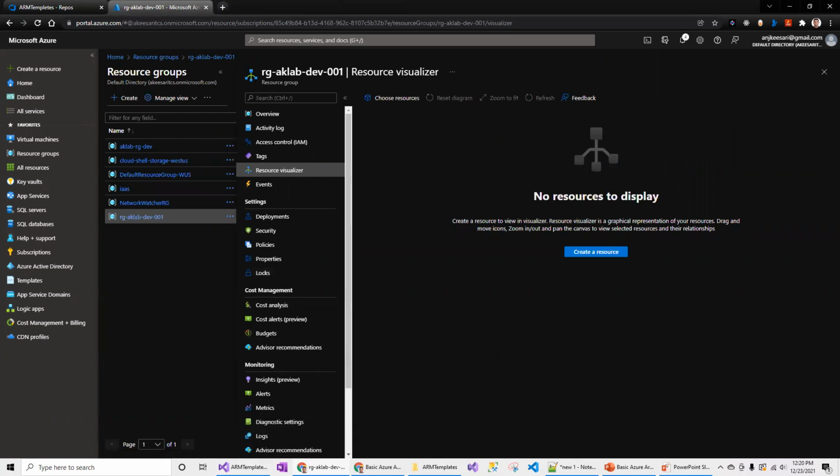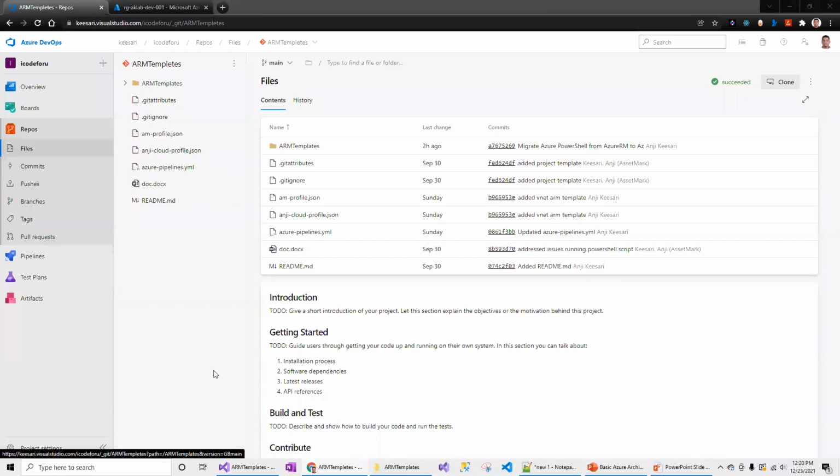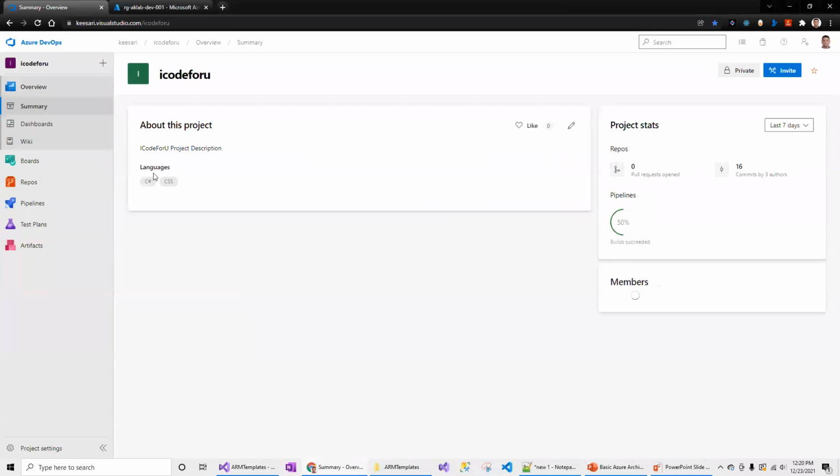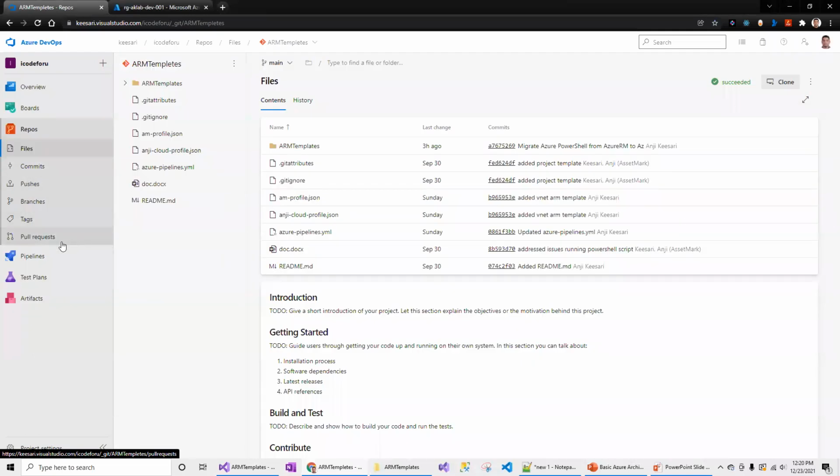Let's start creating the Git repo. I already have a project called icodeforyou.com where I already created a couple of repositories.